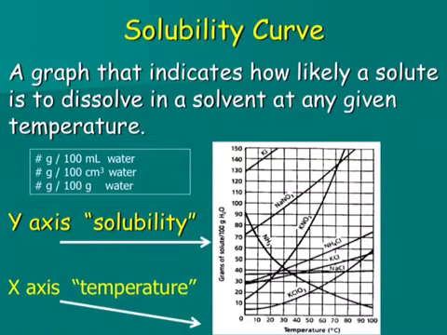So we know how much solute can dissolve in different solvents at different temperatures. So we can actually graph that in what we call a solubility curve. And so it's basically a bunch of different chemicals that we are trying to dissolve in water. Let me show you some pretty important stuff that you're going to need to know for doing the homework. Check out this y-axis. This y-axis is your solubility. Sometimes they label it solubility, sometimes they label it the grams of solute that can dissolve, but the other important